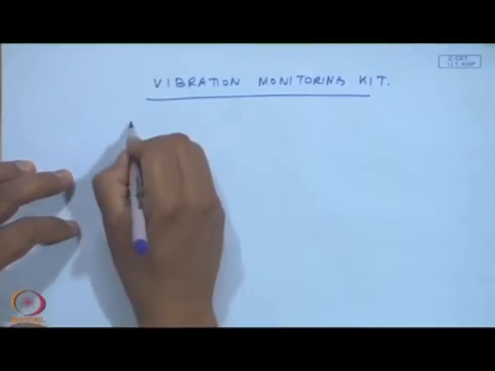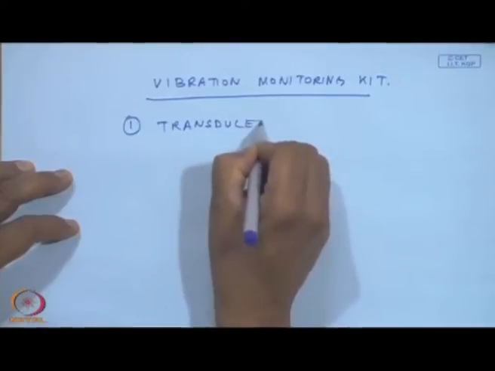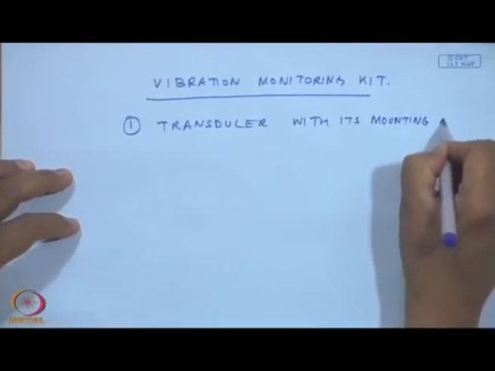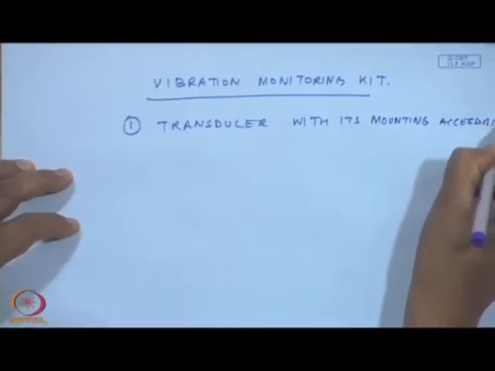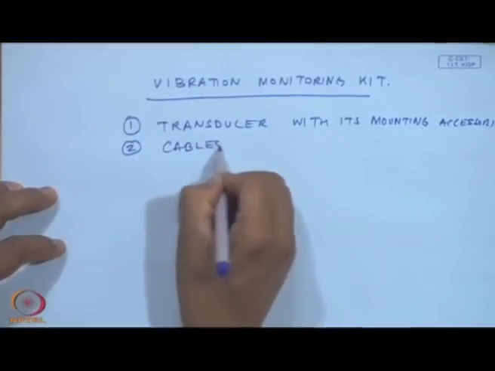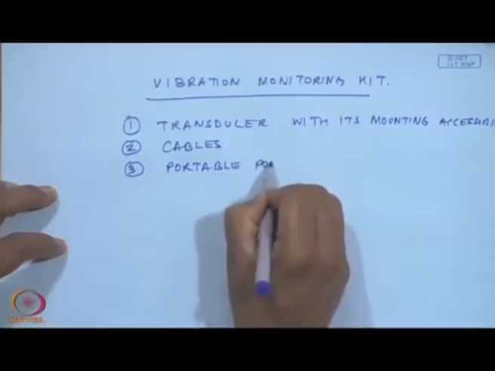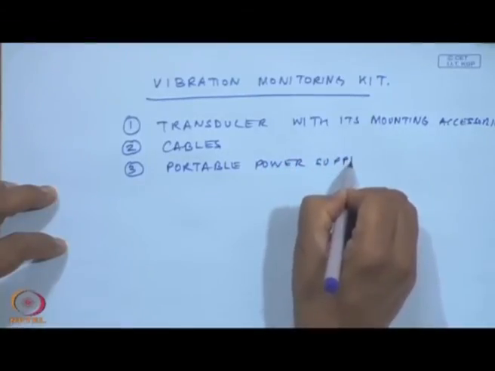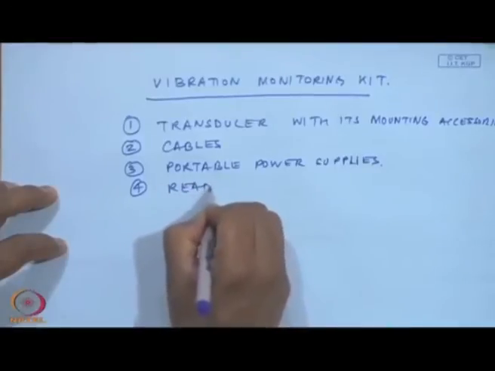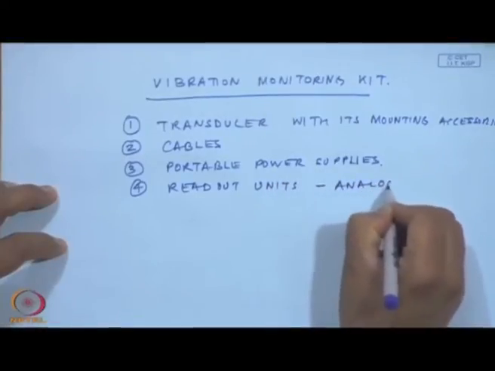In your vibration monitoring kit, we must have the transducer with its mounting accessories like magnets, studs, taps, etc., the cables, the power supplies, portable power supplies, the readout units either analog or digital,